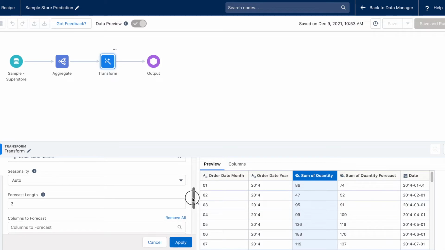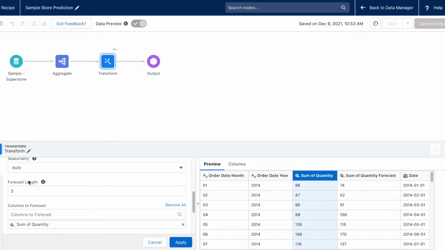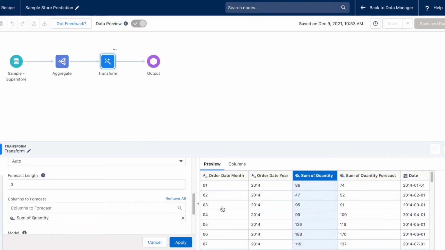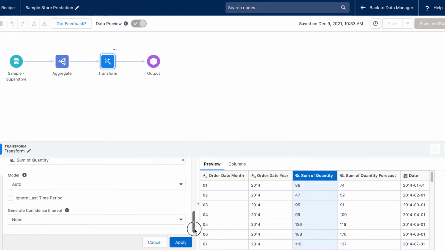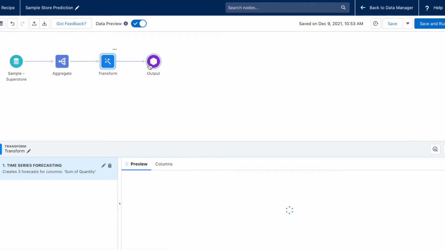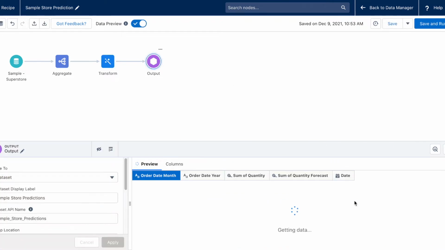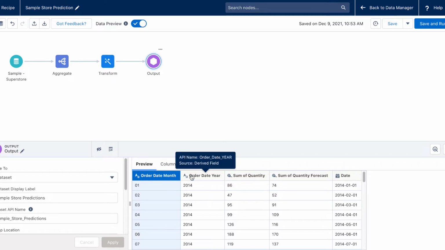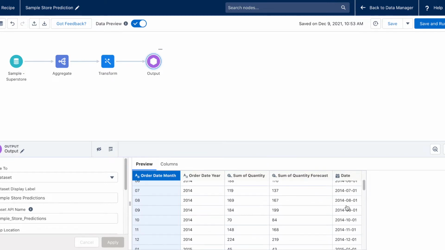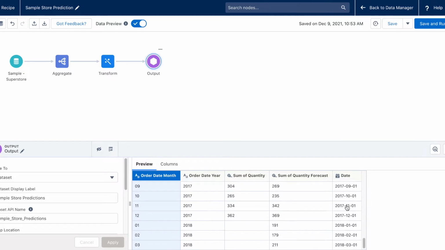We do not apply seasonality. We let Tableau CRM decide the best seasonality pattern, and we are forecasting for 3 months in future. We are also forecasting the quantity, and then we click apply, and it generates the output that looks like this. It has the order month, date, sum of quantity, and the forecast that is generated by Tableau CRM. So we'll see that 3 months of forecast has been generated.